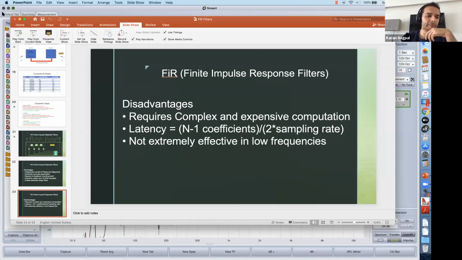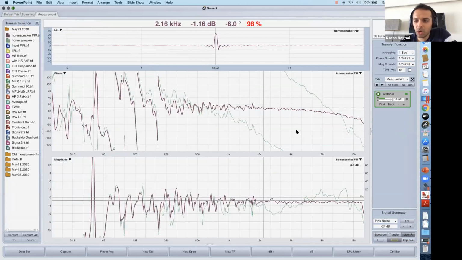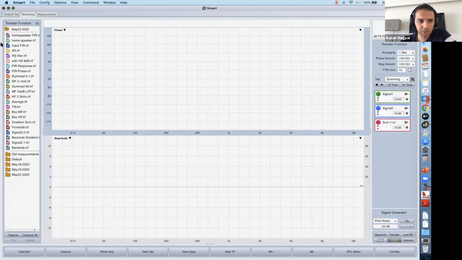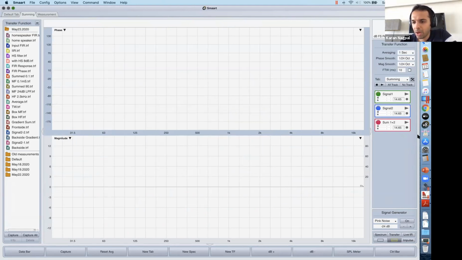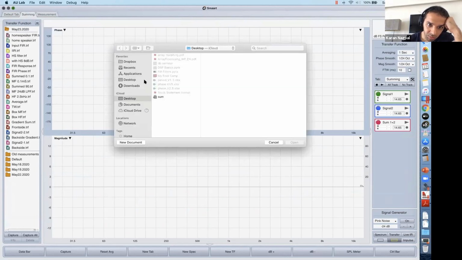Just before we wrap up, I want to quickly show you the addition of this thing. So I'm going to go back here, and the signal generator is ours. I move it back to Soundflower, output 2, and if I begin AU Lab, I'm going to open my file, which was on my desktop.